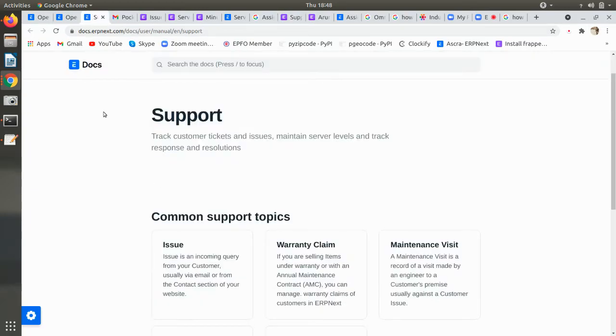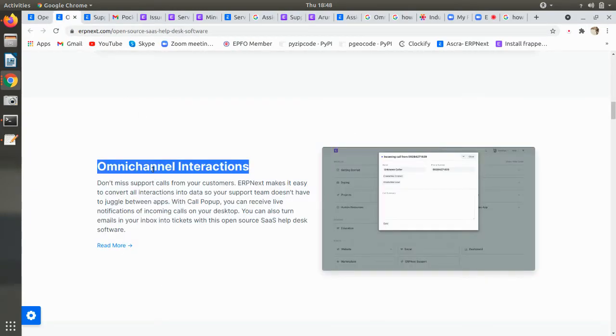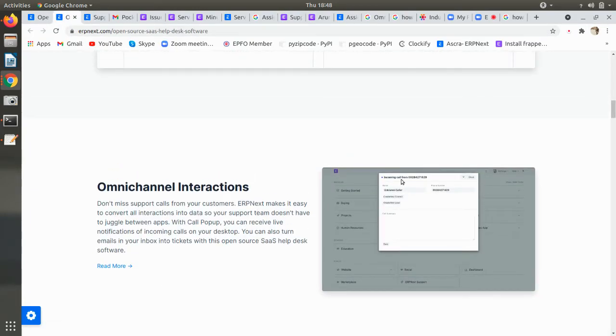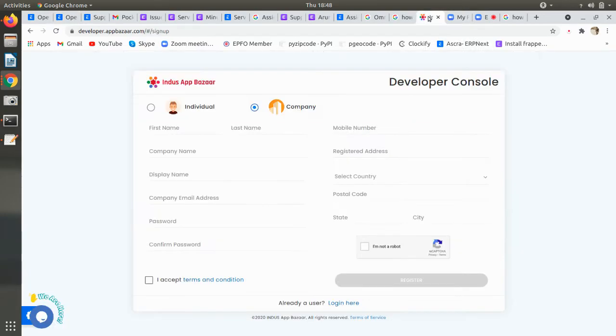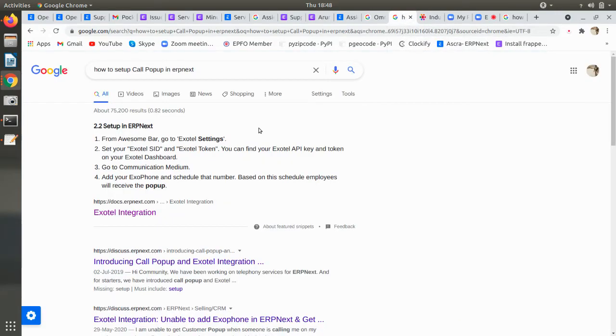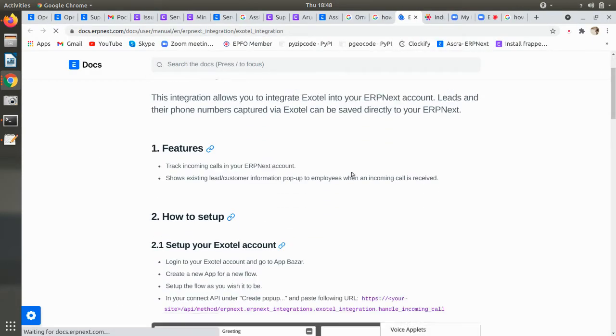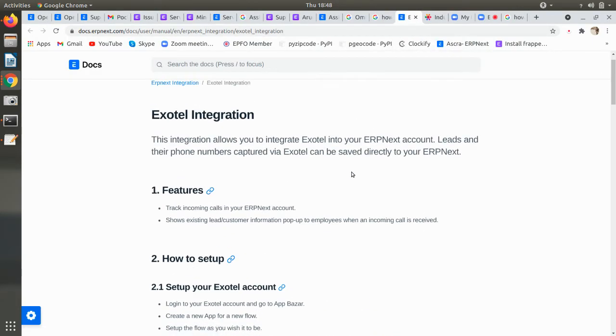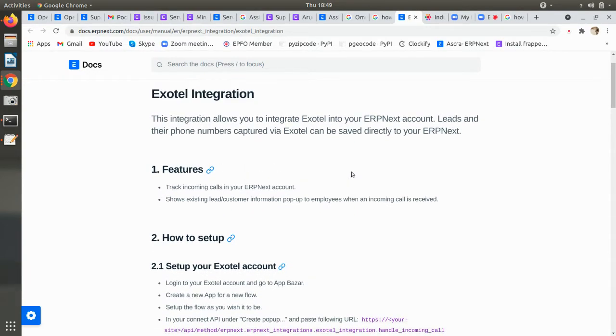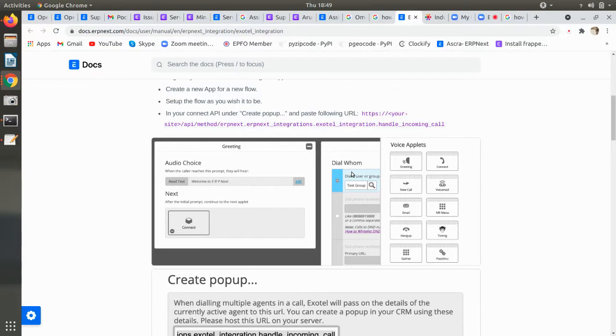And one more thing, as mentioned in this documentation, the incoming call from the dashboard. For this, I think we have to install one of the settings, that is extol integration. If you have done this integration, we will be able to get the notification on the bar.